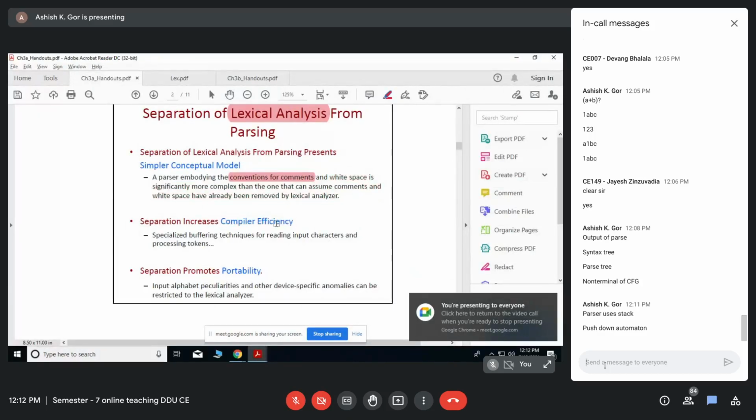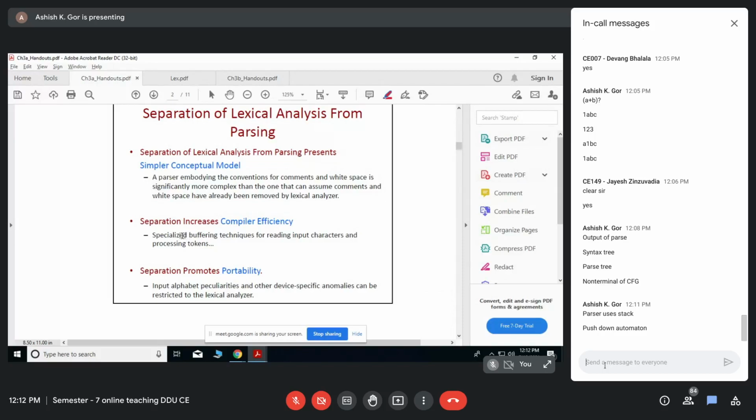So we will study buffering techniques today. These are specialized buffering techniques for reading input characters, because for the compiler the entire program is just a character stream. It has to load that entire program into something called a buffer, and for efficiency purposes we need to improve this.